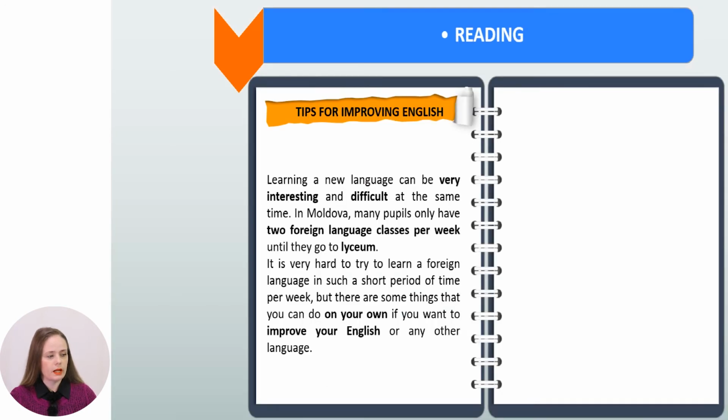Okay, so let's see the tips for improving English. Learning a new language can be very interesting and difficult at the same time. In Moldova, many pupils only have 2 foreign language classes per week until they go to lyceum. It is very hard to try to learn a foreign language in such a short period of time per week, but there are some things that you can do on your own if you want to improve your English or